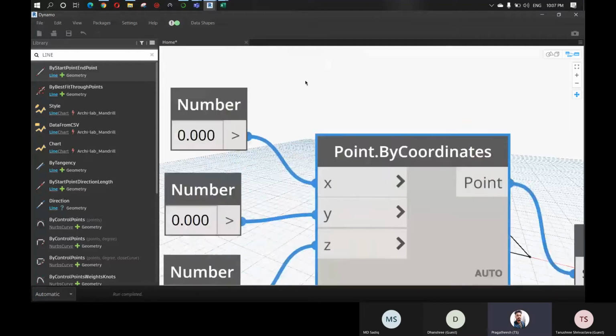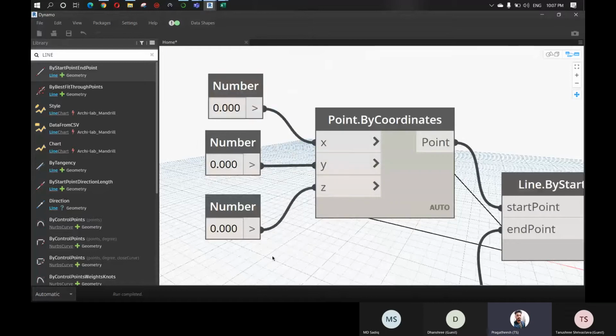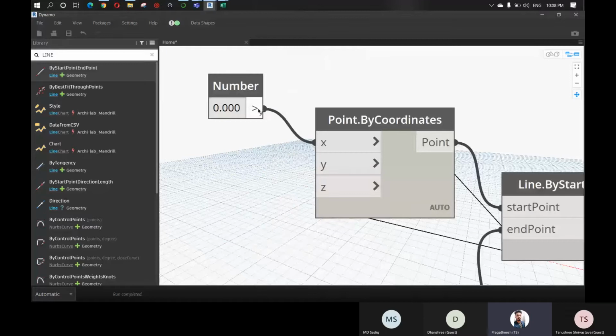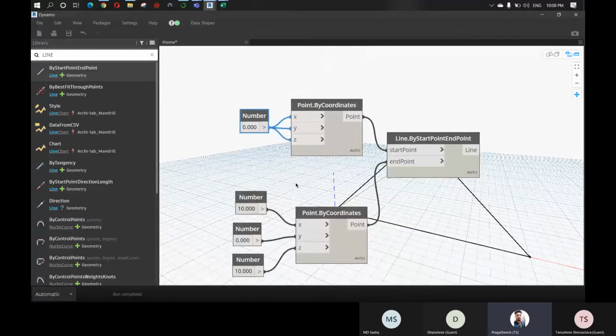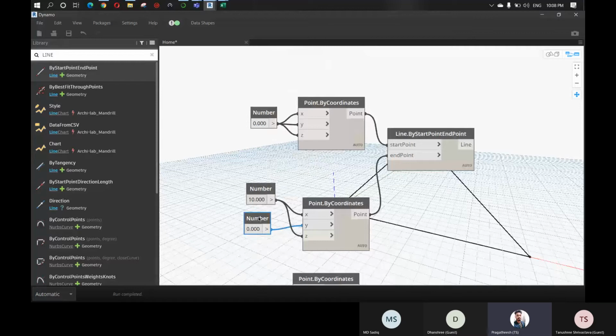You all know that we can connect multiple inputs with multiple nodes, right? You can see here the 0 is connected. We have 3 zero nodes, which are connected to the x, y, and z. Actually we don't want a separate node for each 0. We can just connect this to this, this to this, right? And here you can see we have two 10s, so we don't need this. We can just connect this to this. And we don't need a 0 because we already have a 0.